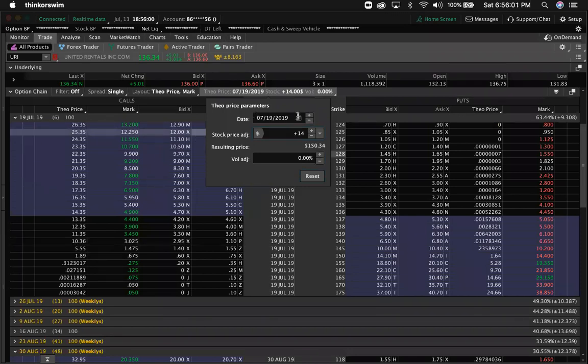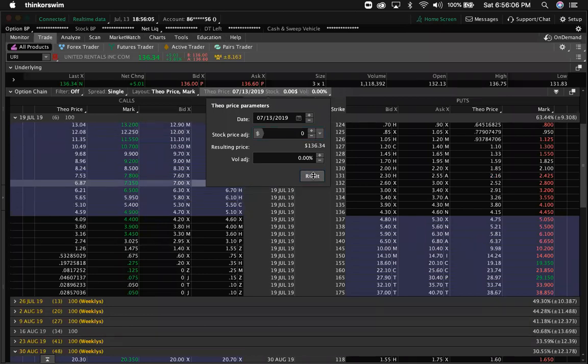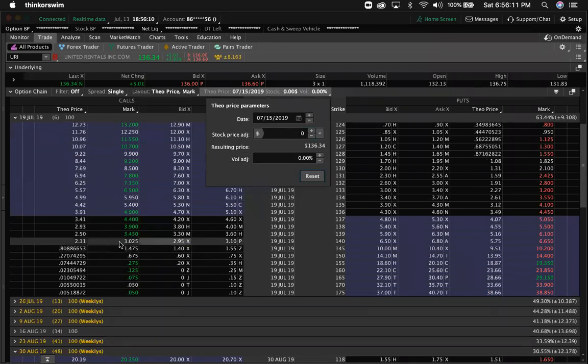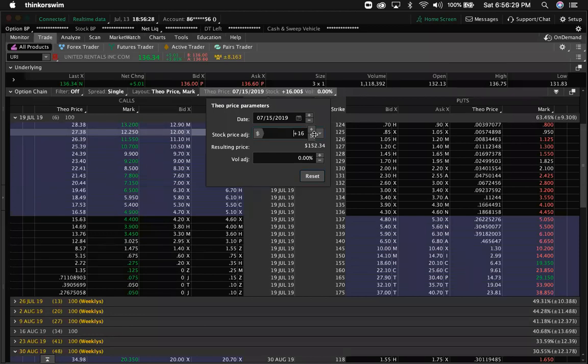But I'm going to reset it again for the 15th because I want to see exactly how much they were. Put it out here for the 15th. The 140s would be $2.11. The 145s would be 80 cents. Still not too bad. The 150s would be 27 cents. And if it does hit that, let's say it gets a 14-point move, I'm going to give it a 16-point move. Let's just say this happens. Those 150s are going to be worth $5. Nope, actually, sorry. By the 19th, they're going to be worth